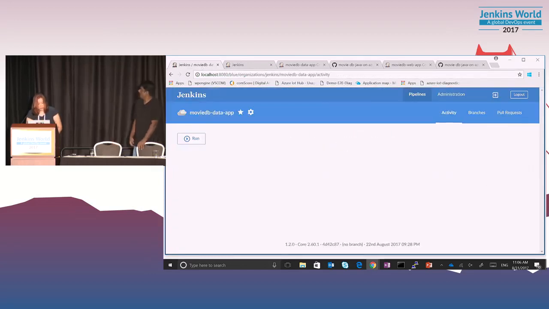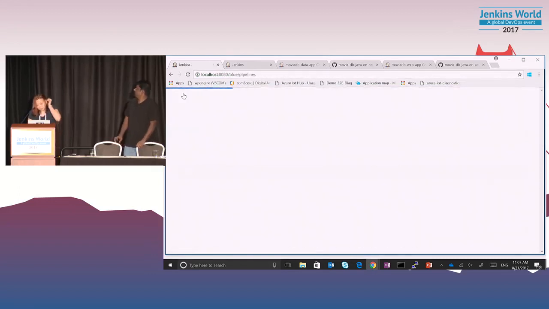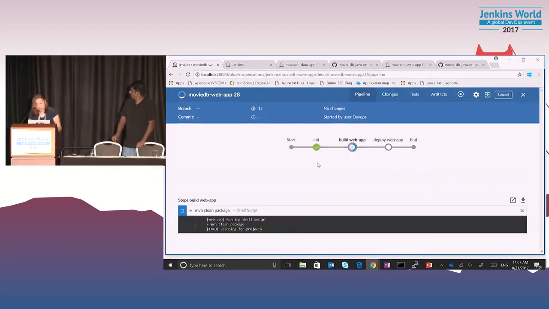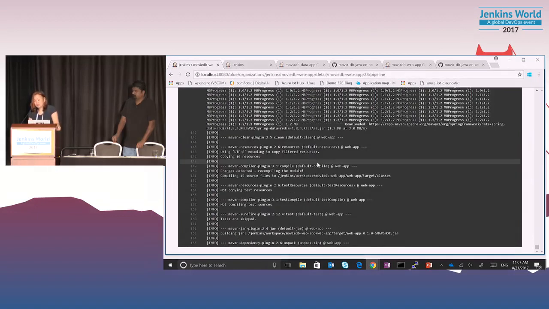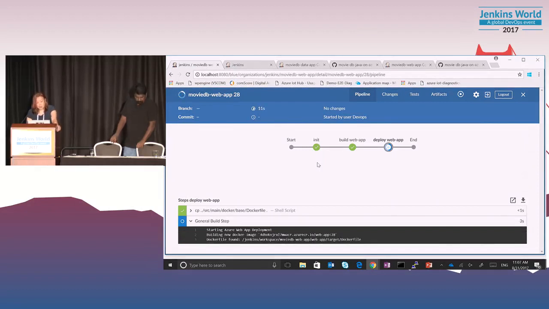I'll use Blue Ocean directly this time. So let me go back to the top. And this is the one I want to run. I'm just going to click and look. The build is also run in an agent, the container agent in the cloud. So this time, because it already exists, it didn't have to wait at all, and it's being